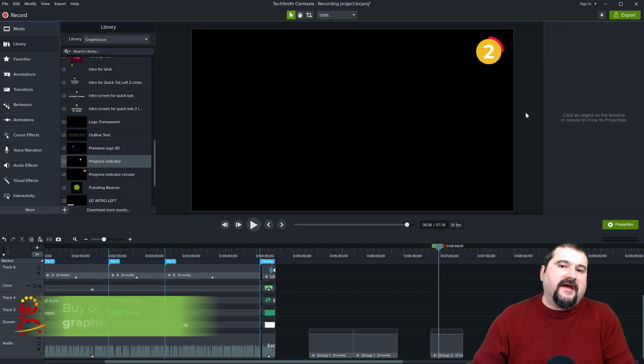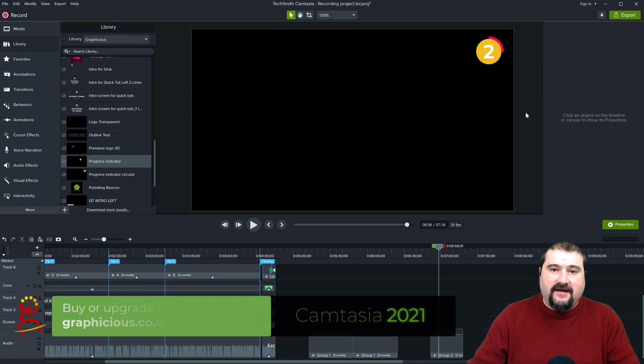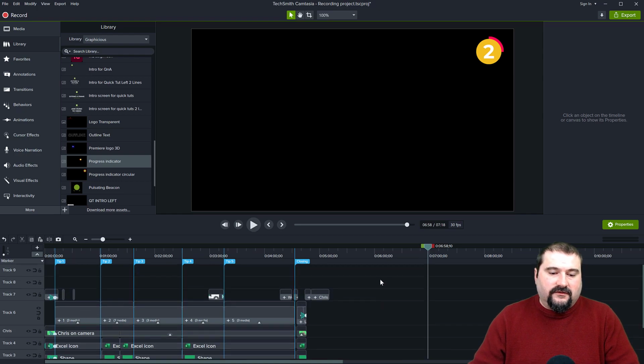So this is one tip I have for you. If you're using this progress indicator and you want to save it to your library, you have to go through those extra steps the first time you reuse it somewhere in a project. Then after that, you save it. When you export the video, it exports just fine in the corner. Everything works great. So, I hope this helps.